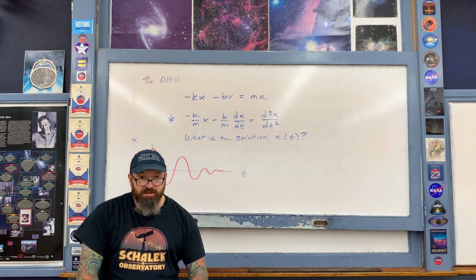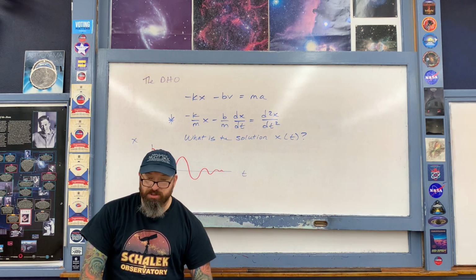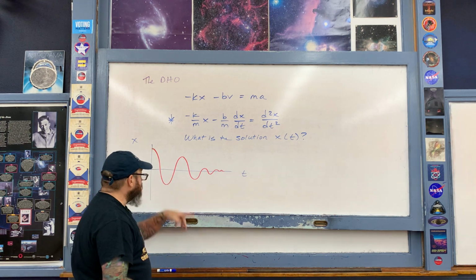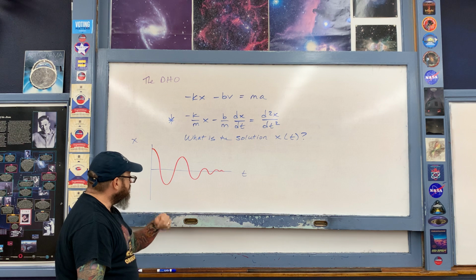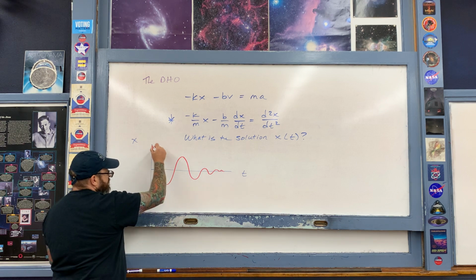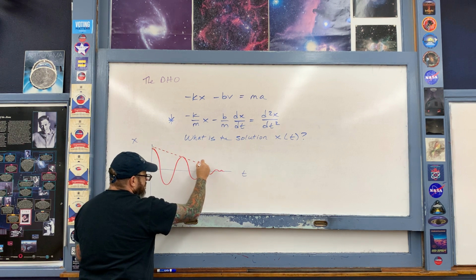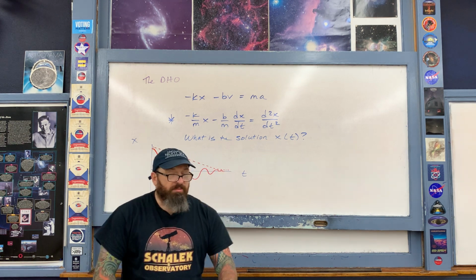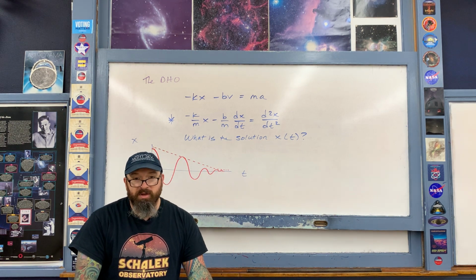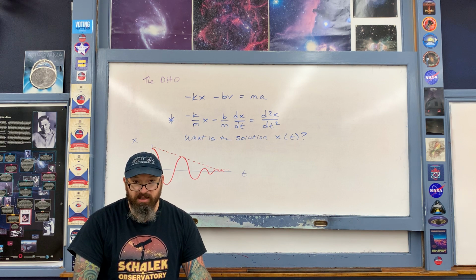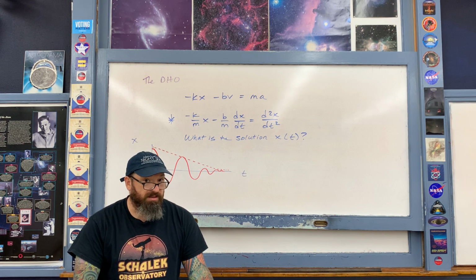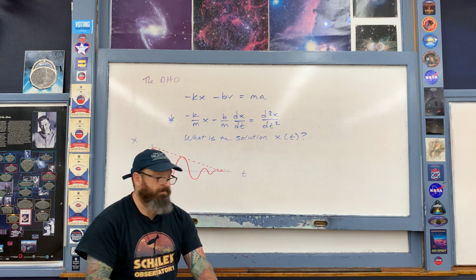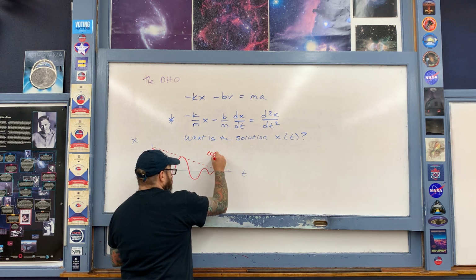What you're seeing here is the product of two functions. The two functions that first of all describe the oscillation, and then secondly describe what's happening to the amplitude. Notice the amplitude is decreasing with respect to time like so. Ultimately, even though my drawing here is not perfect, the way that we mathematically describe the decaying amplitude is that it is in fact an exponential decay. So I'm going to draw a cosine curve here as I did,